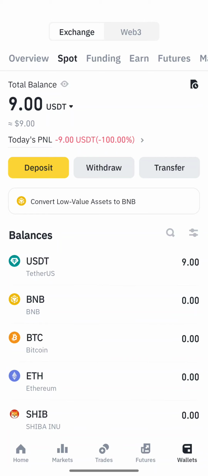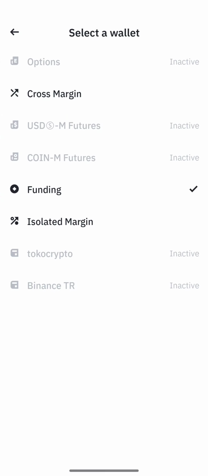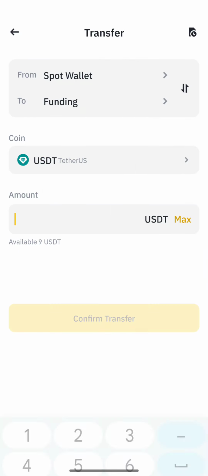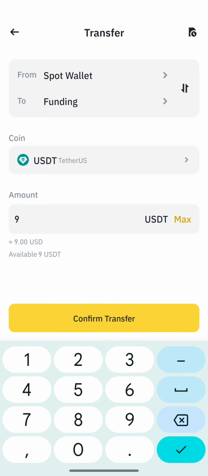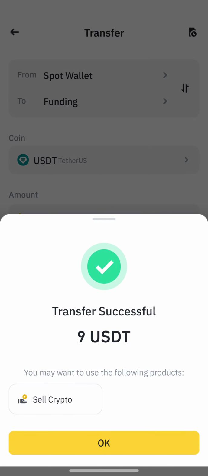Okay, so what we need to do is click here on transfer and here to choose where you want to put the USDT. For us, we want funding. Okay, and here choose USDT and here type how much. For me, I have 9 USDT, so I typed 9 and click confirm transfer, and as you can see here,